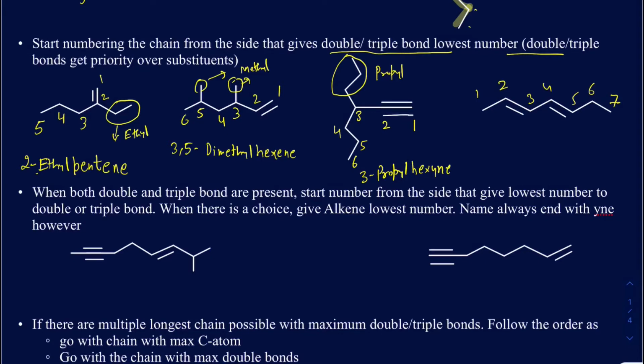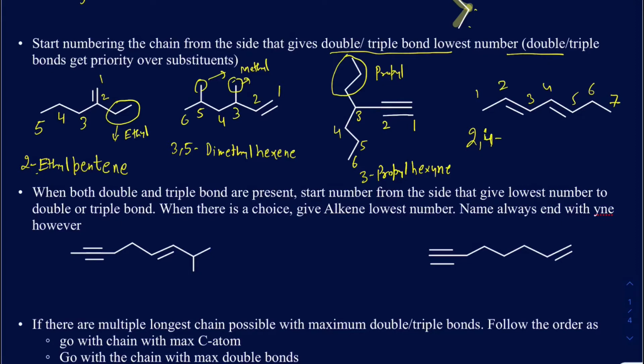Now, if you have 2 double bonds, like in this case, then it would end up with diene. So you have to use the prefix di for the 2 double bonds, and you have to specify their locations since the double bond is not at the first position. So we got 7 carbons in the main chain, so it's going to be hept, but then I want to specify the position of the double bonds, so it's going to be 2, 4,